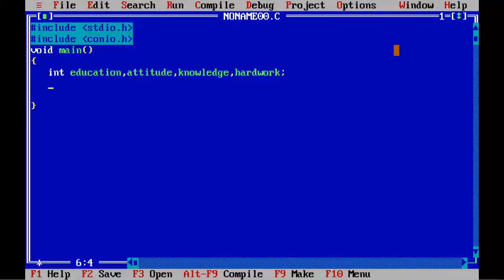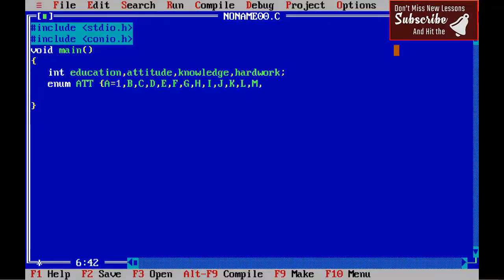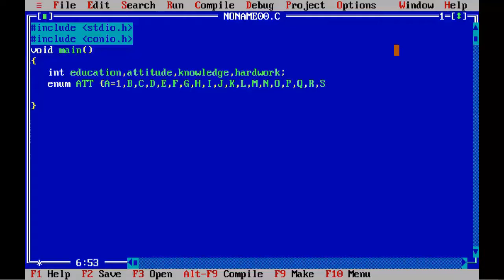Now we are going to define enum. So enum att, this is tag name, it is optional, { a = 1, b, c, d, e, f, g, h, i, j, k, l, m, n, o, p, q, r, s, t, u, v, w, x, y, and z };